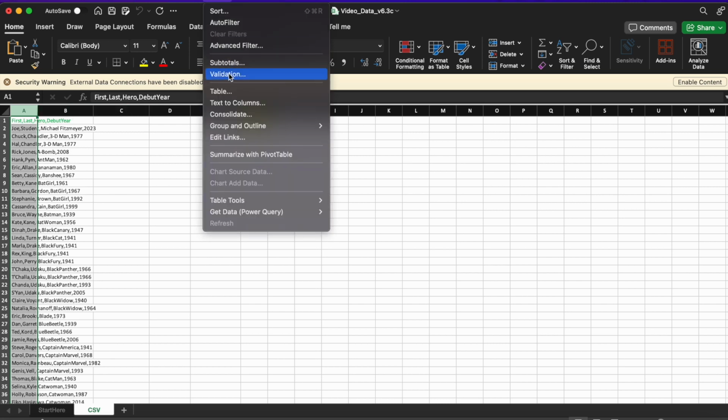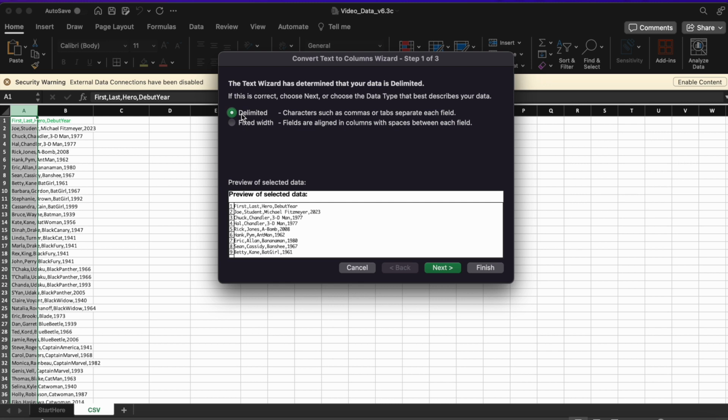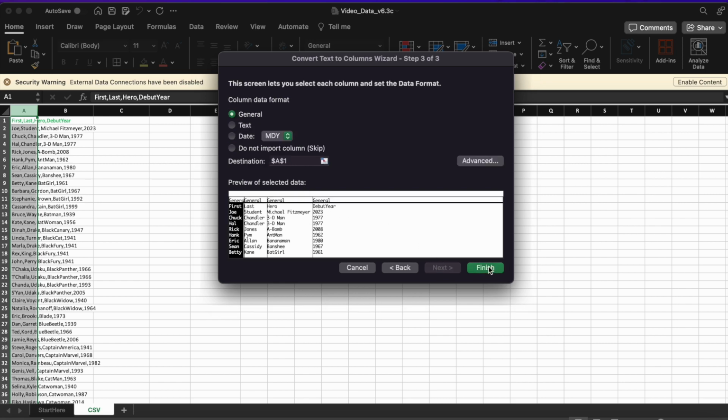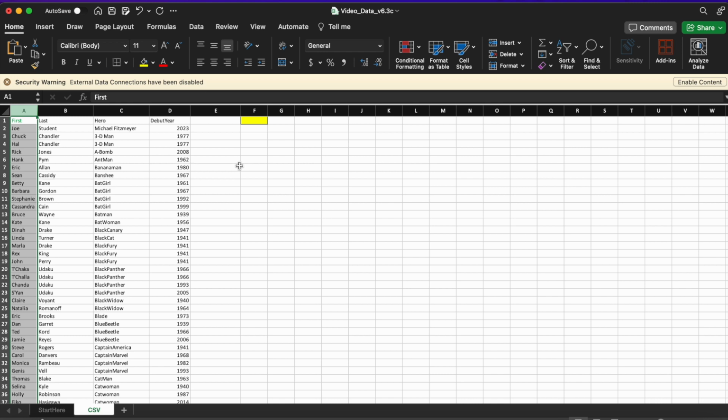Now we want to use the delimited option because this will separate characters such as commas into different columns. So now we're going to click next. And what you want to do here is select the comma section, because we're using commas, obviously, and we want to separate them. Now as you can see in the preview, it separates all of these values of data. Now we're going to click next and then finish. And as you can see now, our data is all spread out neatly,